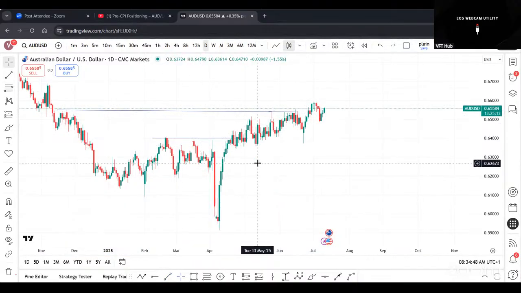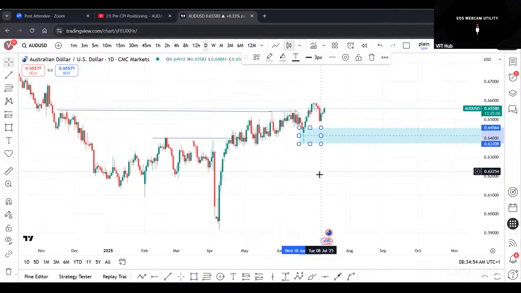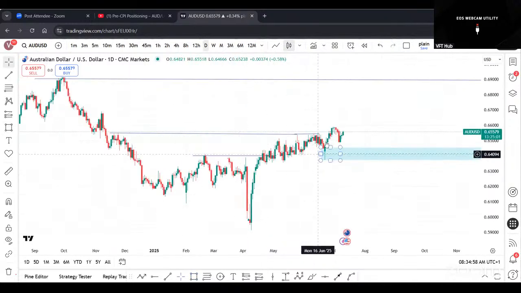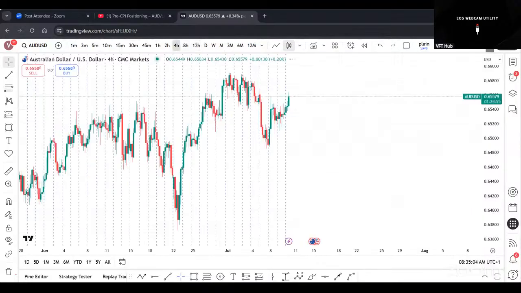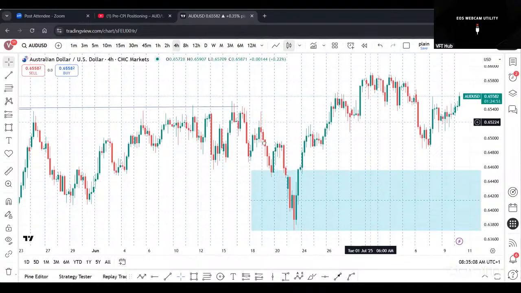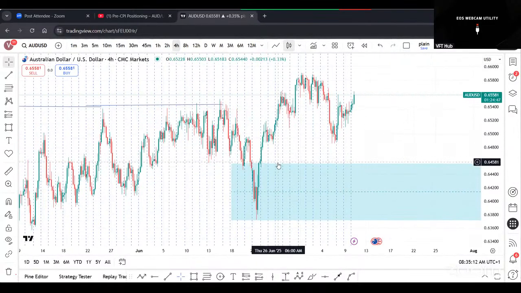So because I've seen this, I'm going to go ahead and mark out the zone where, rather, the last candle before we saw the structure point, second confirmatory break of structure happened, which is right here. So mark that out. It is a level I'm looking at to see what price does when it eventually returns into that level. On the 4-hour time frame, the same thing that we saw,